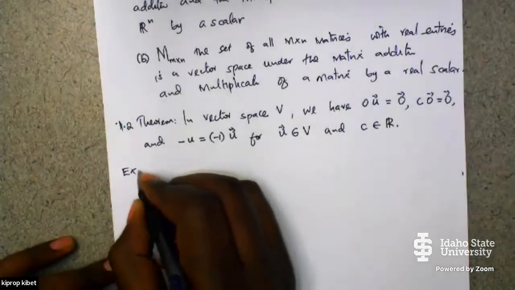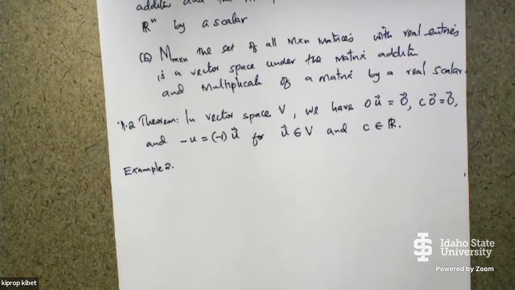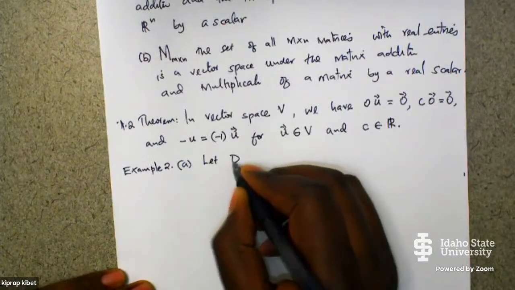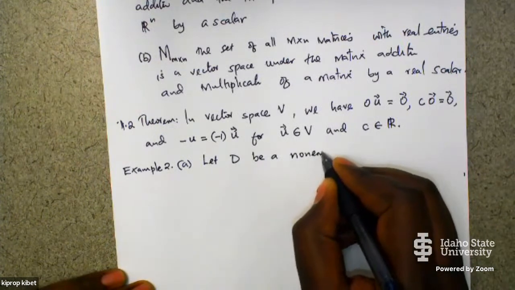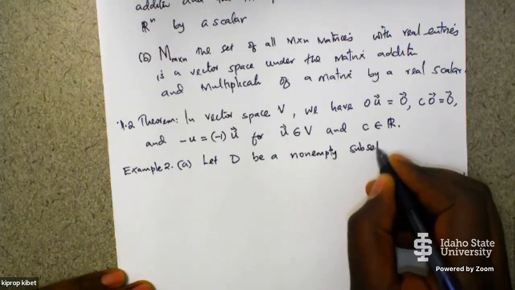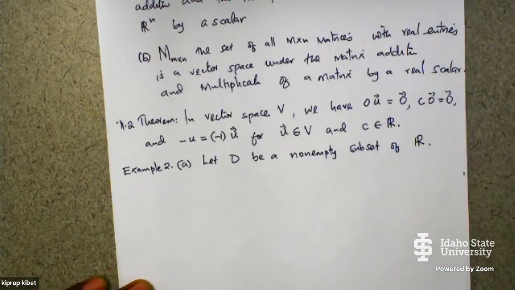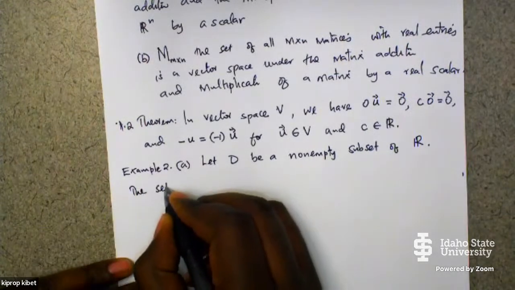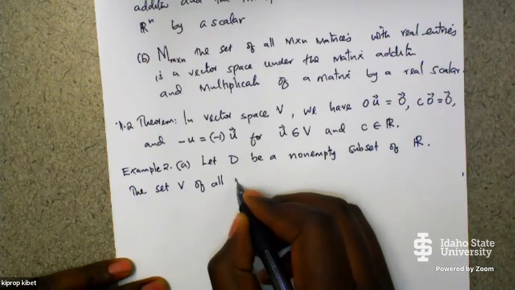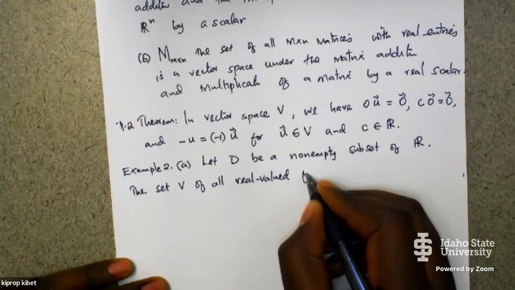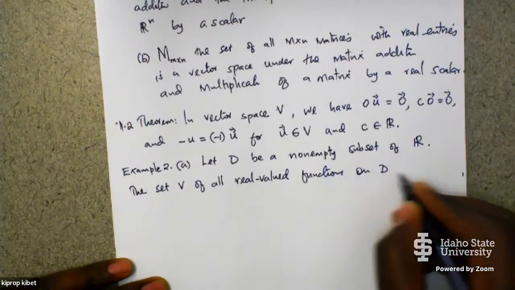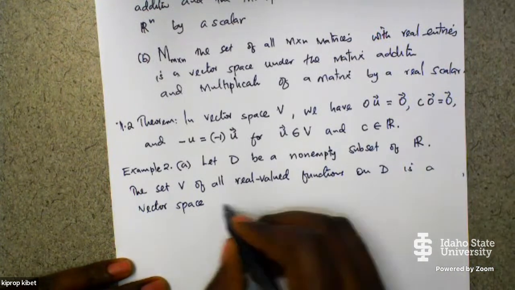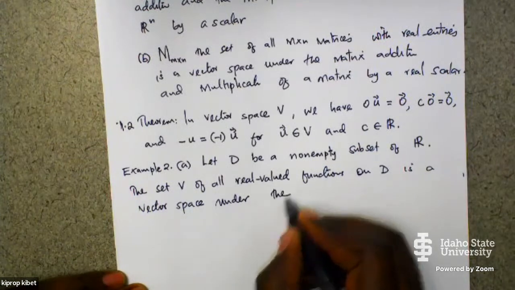Another example, example number 2. Let D be a non-empty subset of R. The set V of all real valued functions on D is a vector space under the addition,